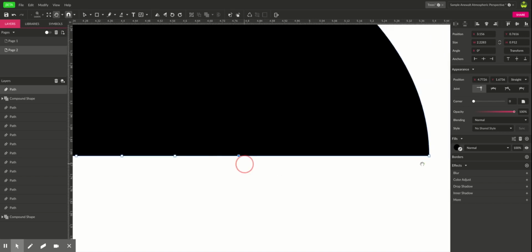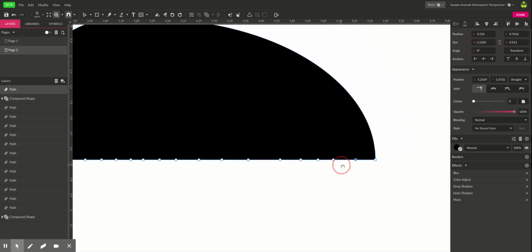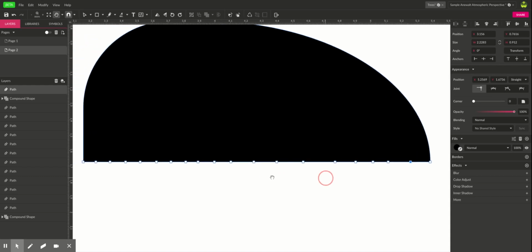There we go. Almost. So you add a bunch of anchor points. And then the idea would be to go back and select every other one. So I'm going to leave that one white. Click on the next one, and then hold down Shift. So I'm selecting multiple anchor points. I'm holding down Shift on the keyboard, skipping that one, leaving it white. Select that one, leave that one, select, leave that one, select, leave that one, select that one, leave that one,